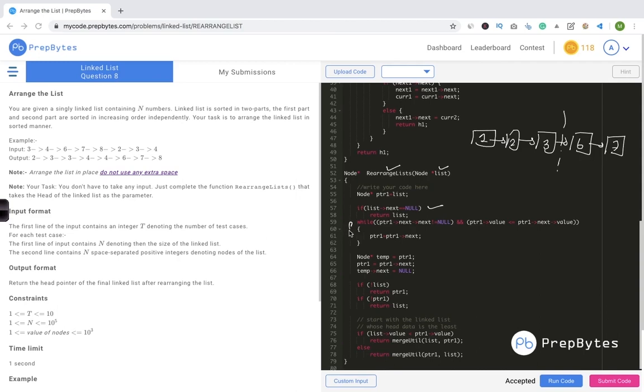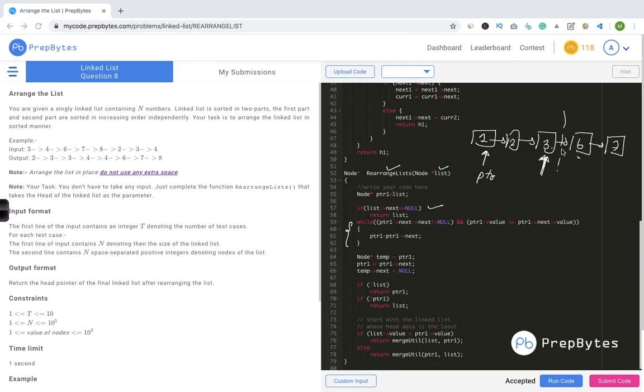Now this is what we are doing here. We are checking that this ptr is pointing to the first node of the list in the beginning. Every time we check whether the next value is greater than or less than. If it is greater, then it is a sorted list, and we will just go ahead. Eventually we will come here and the next of ptr1 will be less than the value of this particular node, which means that this is where we need to do our breaking, okay?